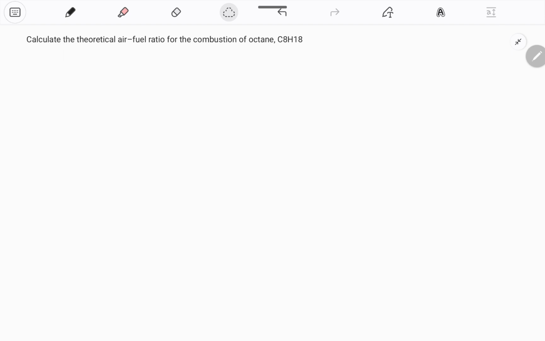So in this video, we'll try to solve the problem of a fuel ratio. Calculate the theoretical air fuel ratio of combustion of octane. So octane looks like